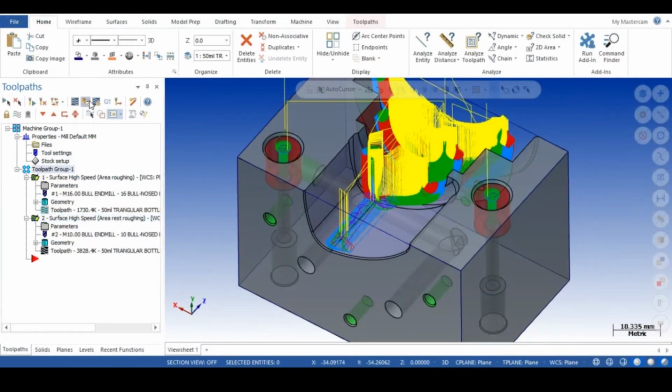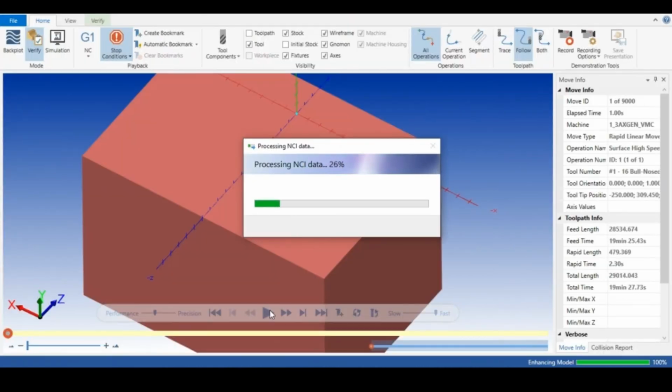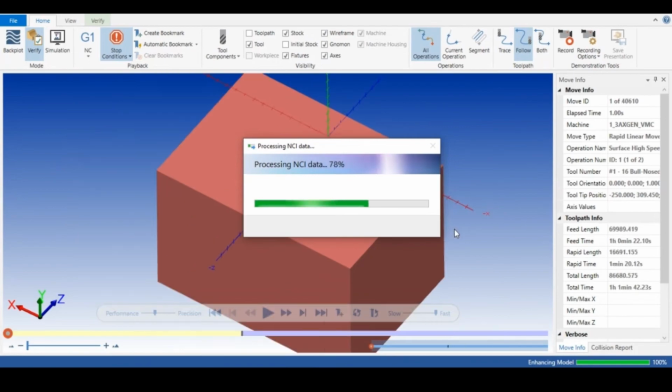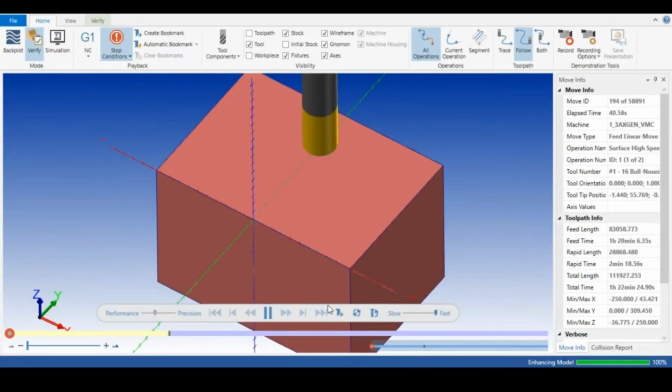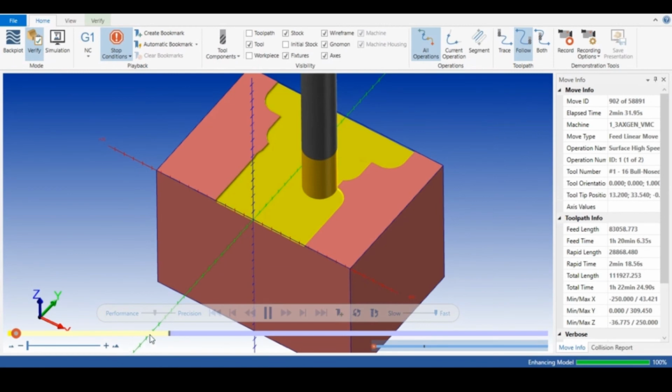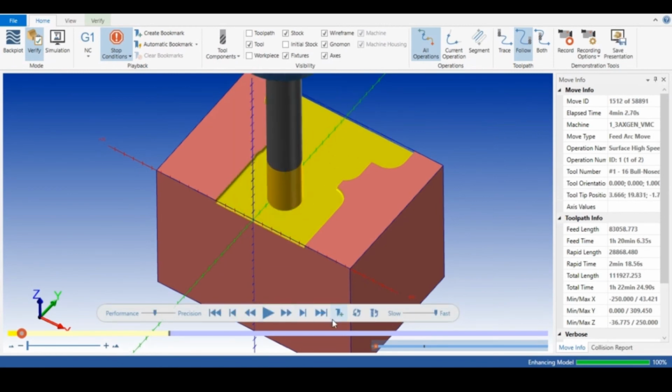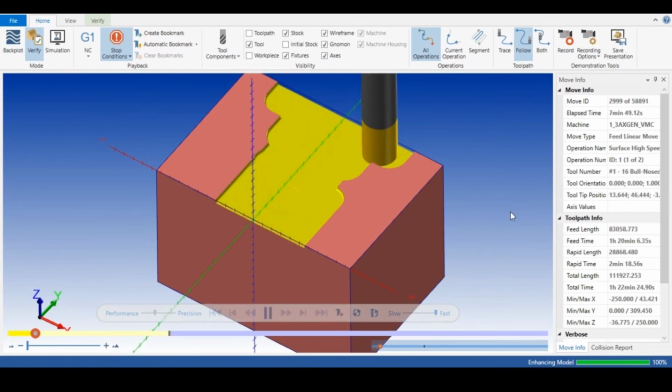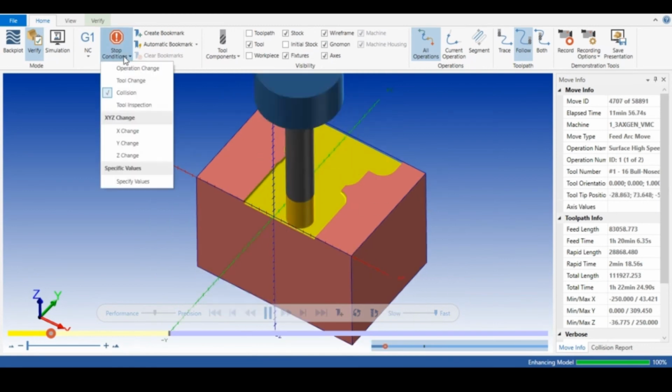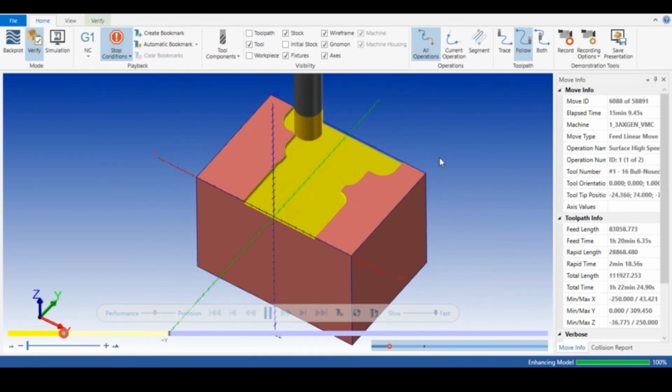Select both the toolpaths, go to simulations, and the first track I have forwarded the play.